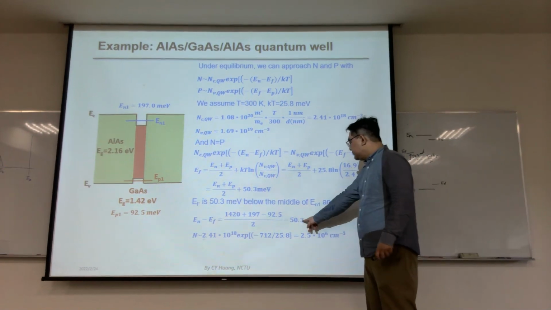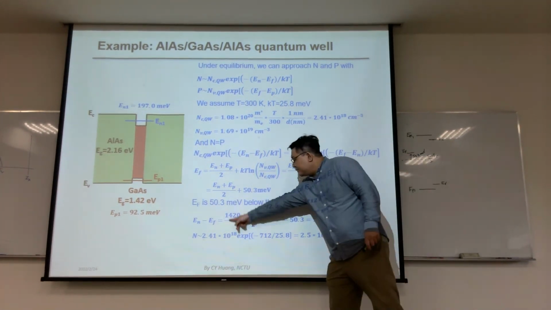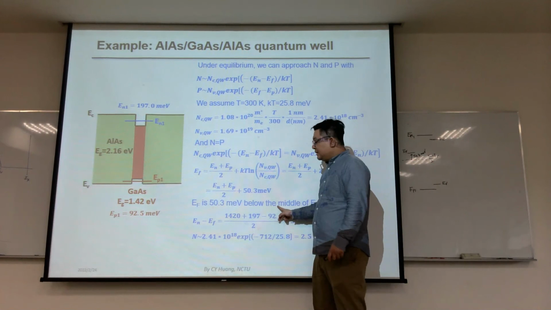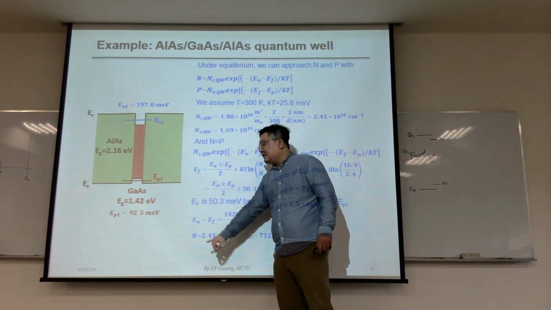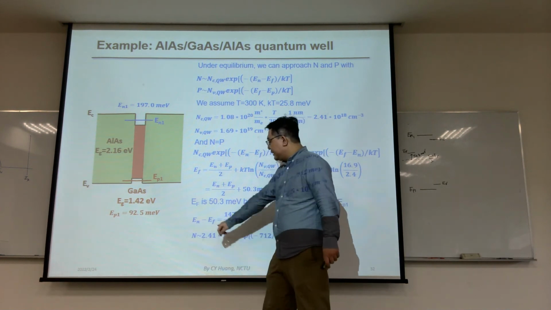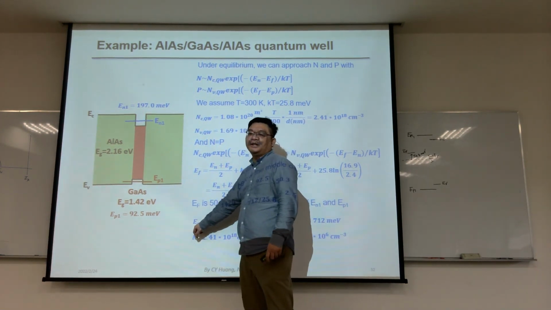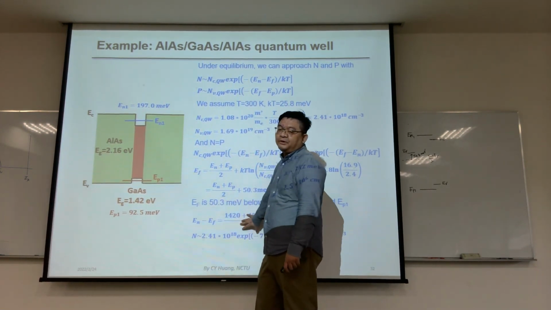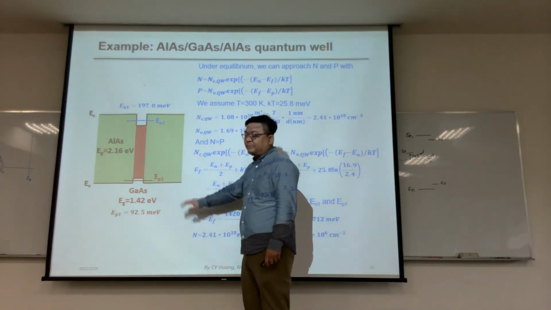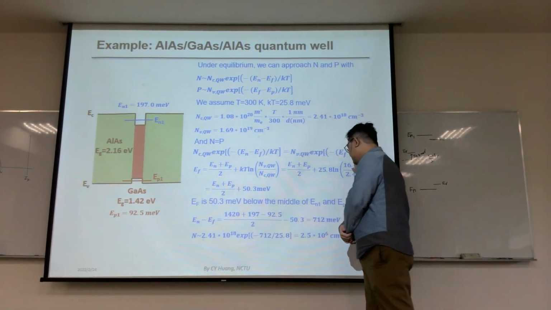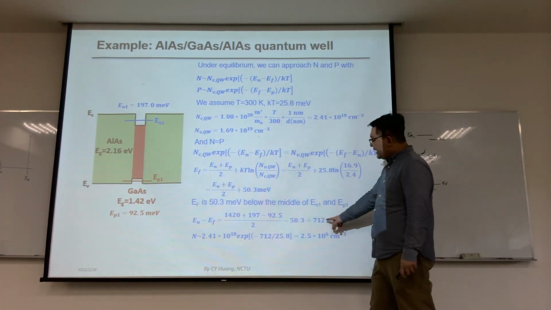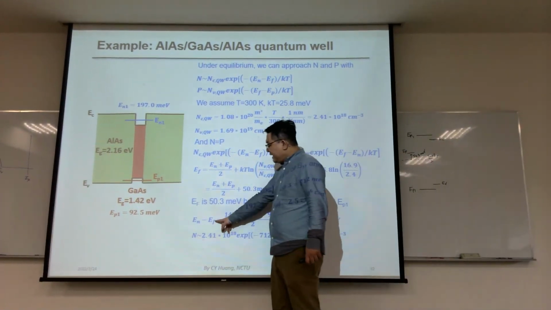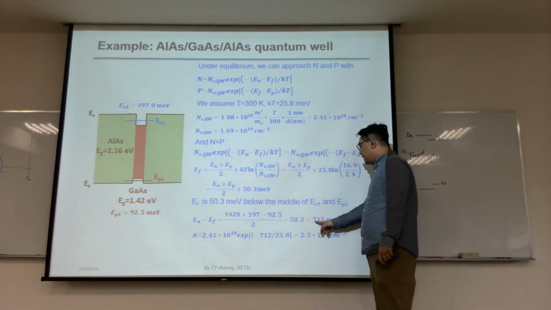And the minus, so this is the position in the middle of the band gap, because I'm referring that to the EN. I think this is not a good answer because I already assume where the EN is. I will give you a new version, assuming where it compares to the EV or this. Anyway, so the answer is the Fermi level is 712